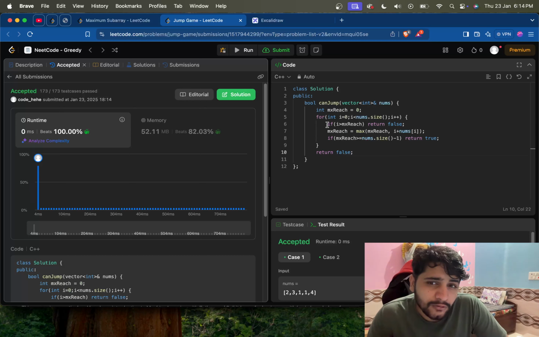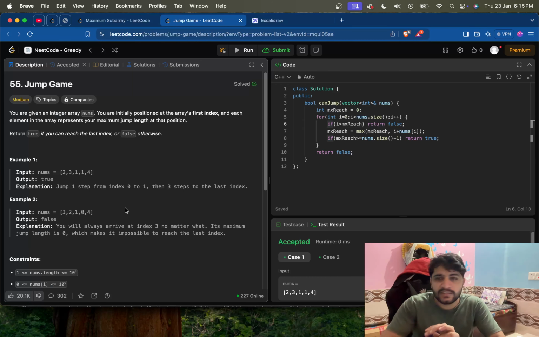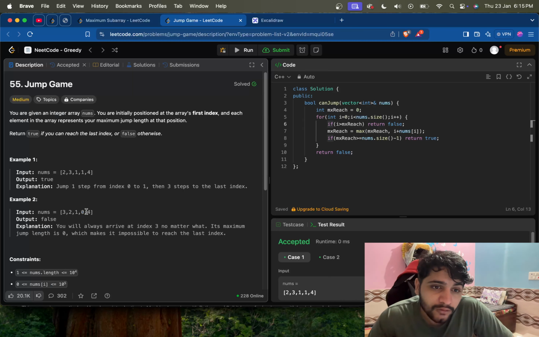So we just need to know what these conditions are for. This condition is for, let's suppose the case here. On the first index, when we are there, our max reach is 3, 0 plus 3, i plus nums[i], so 0 1 2 3, up to here. Okay, 3 means our max reach is 3. So whenever i reaches there at our max reach, let's say i reaches at 0, up to here we can reach, because this is our max reach. But when i goes to 4 and it sees that the max reach has not yet come here,